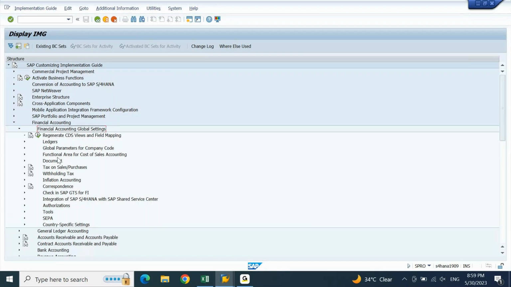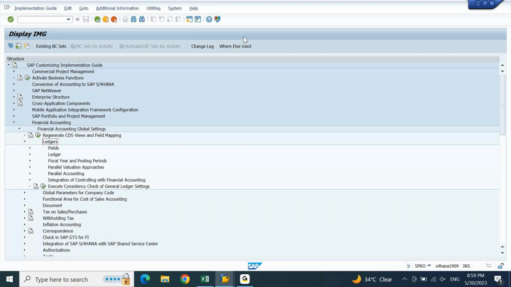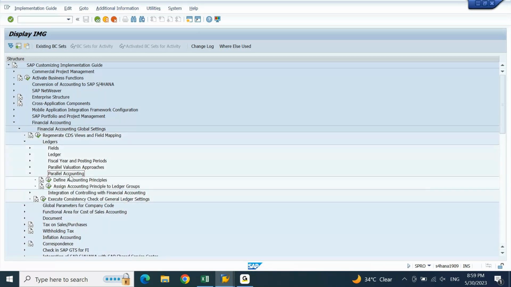In this, you have Ledgers. Inside the ledger, you will have something called Parallel Accounting. Open the parallel accounting. If you open it, you will find Define Accounting Principle and Assign Accounting Principle to Ledger Group. These two settings are straight away reflected in your asset accounting configuration for depreciation areas.